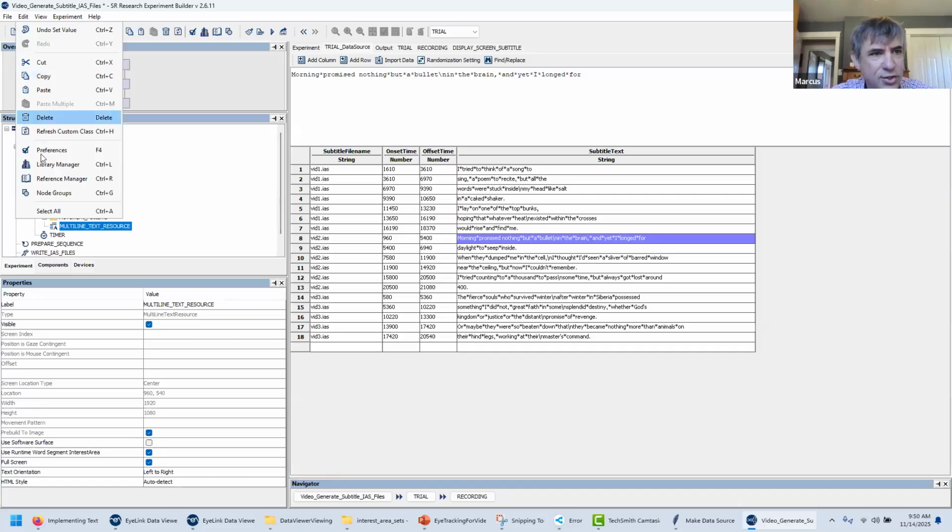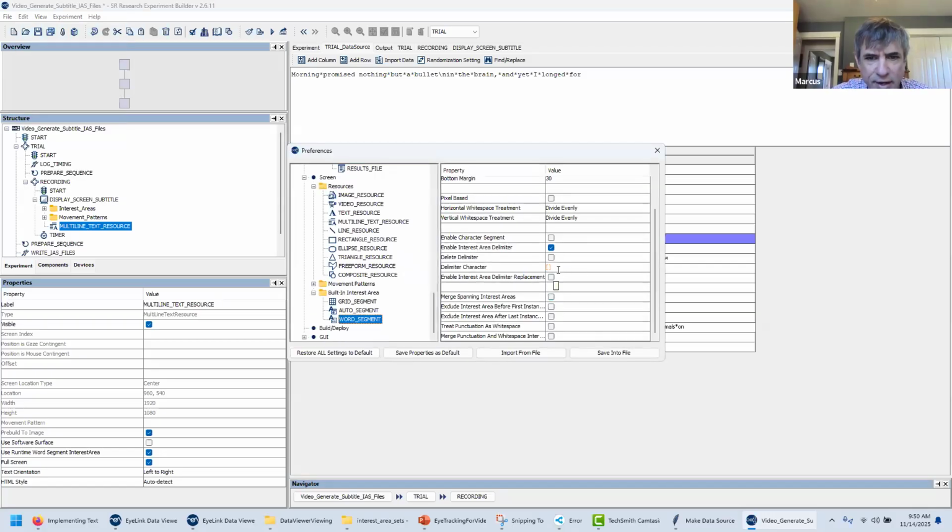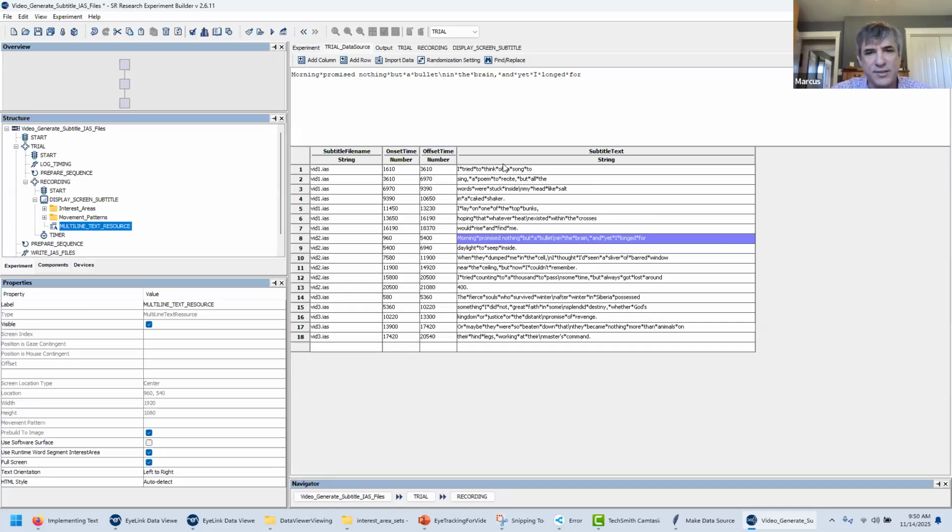And then we go back to, it will become like that because we're about to set the preferences in that way. Then we go back here and choose the delimiter character is star, and enable delimiter replacement, and we're going to replace it with a space. That's a single space in there. Okay, and so now, in terms of what you see on the screen, you're not going to see those asterisks, but they will be used to mark the boundaries. And so wherever I put that "promise nothing", you can see since it doesn't have an asterisk in there, that will be considered one interest area. So that's how you can do